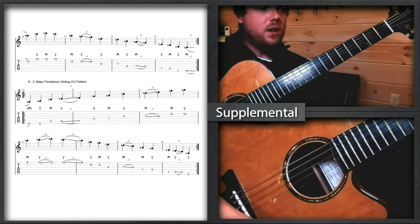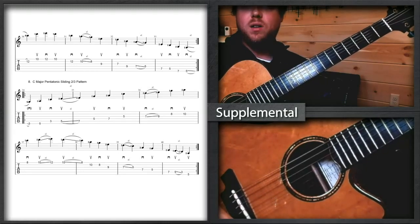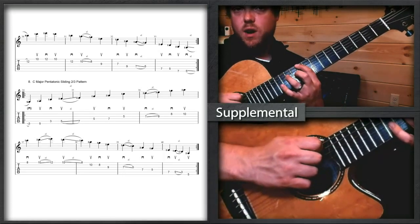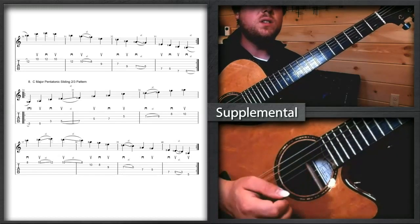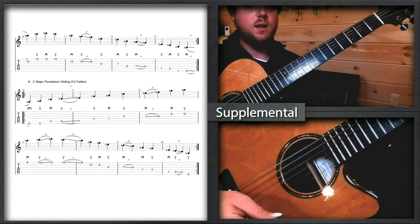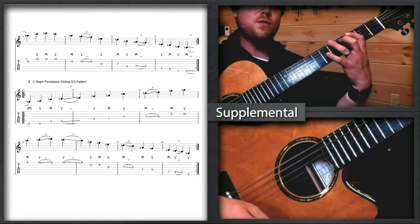This one we're actually going to start here, but this is going to be in the key of C. If we wanted to do this 2 over 3 pattern in G major, you'd actually have to start it all the way up here on the 10th fret, and it ends a little bit up here, so I thought maybe it would be easier to hop to a different key for this final one. But this is going to be in the key of C, right? Because this is another really common key that you'll see a lot. Okay, so first finger is going to start on the 3rd fret there, and then your